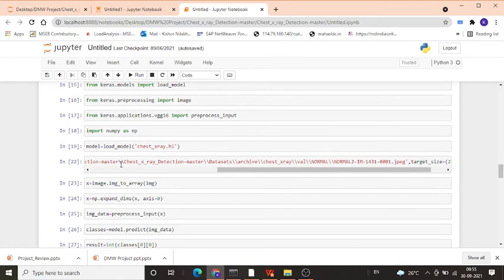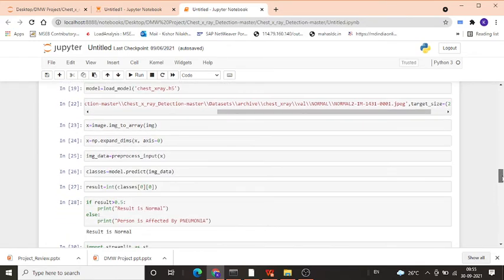This image is initially converted into a binary array and saved into X, then it is expanded and provided as an array element, and again saved as X. Then pre-processing of this input X happens, and again this image data is provided to the classes. Classes will predict the result as a two-dimensional array. It will provide the output as 0, 1 like that.